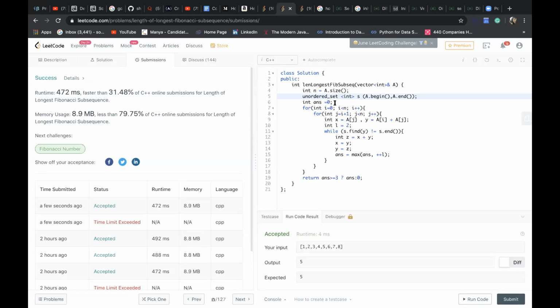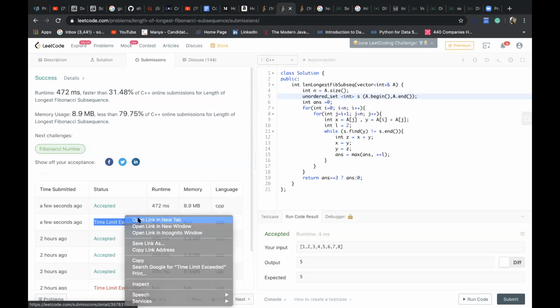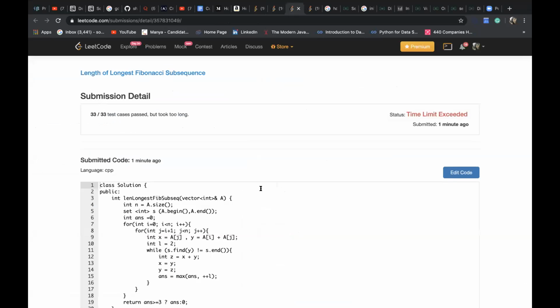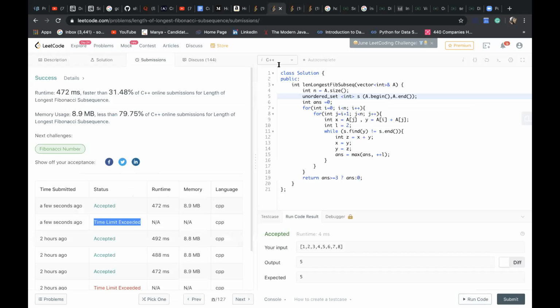That is strange. But if you look at the submission also, all the cases are passed. I was just checking the details. So what Praveen is trying to say is even if it has been accepted, it's almost 40 to 50%, you are good, right? So it is still on the border case of being accepted. That was strange. Actually, what I know is that set uses a red black tree, a red black balanced tree.